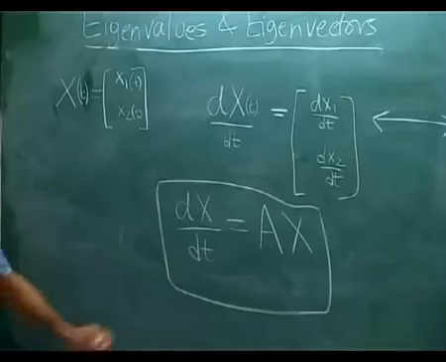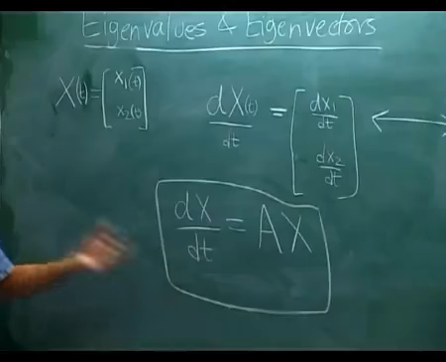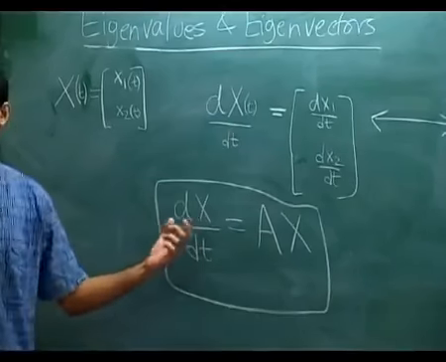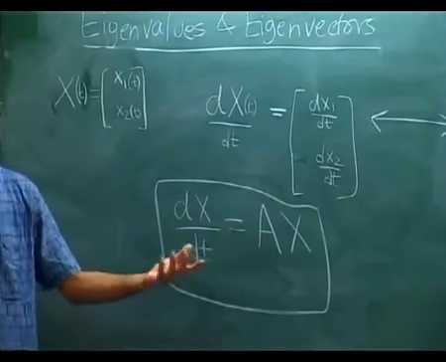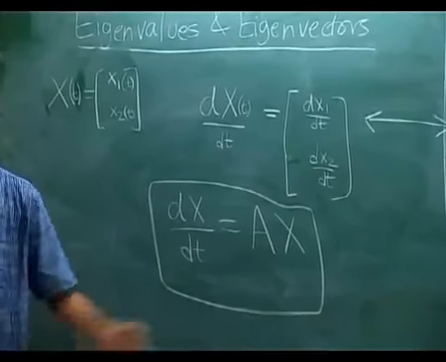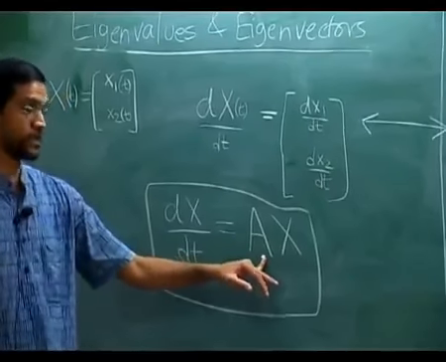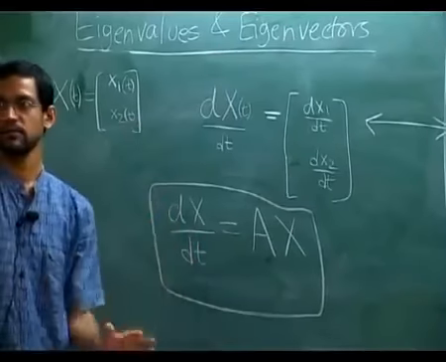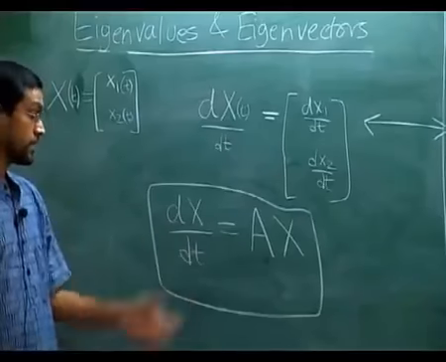Now the form of this looks like just a single variable equation, right? If instead of a vector I had just one function, and a is a number, this is like our usual uncoupled system, like d small x by dt is 2x. It looks a lot like that, except the constant in front has now become a 2 cross 2 matrix, and X is not a single function, it's actually a shorthand for two functions.